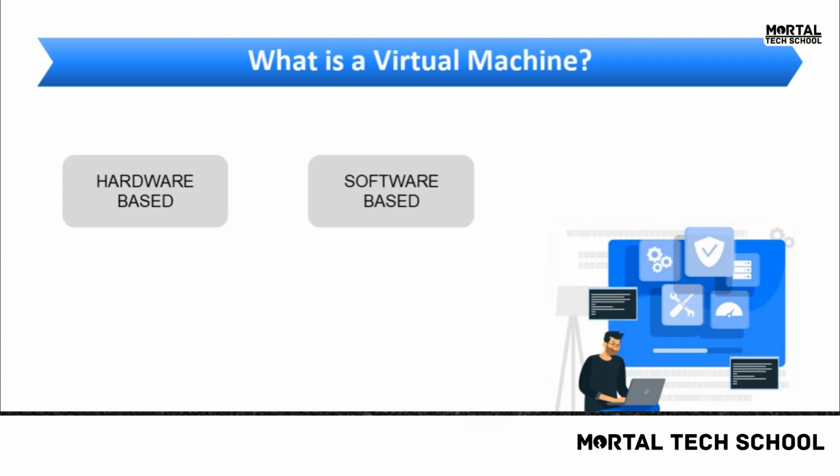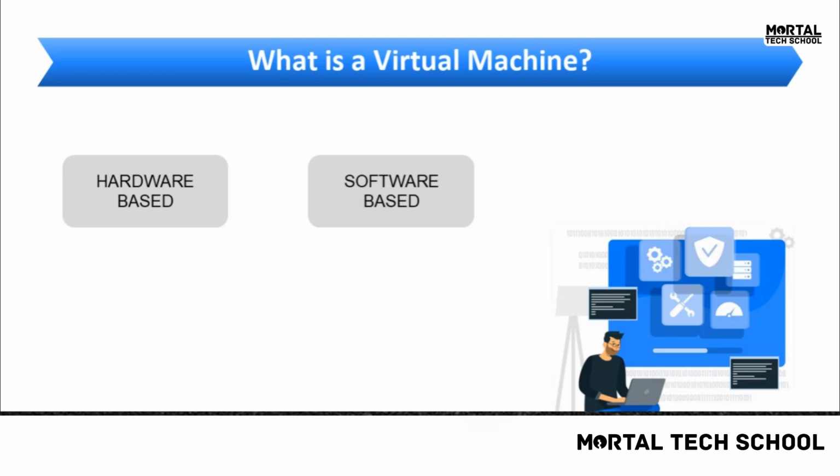Most of the time, these types of virtual machines are associated with the admin role, like system admin or server admin. Programmers are never associated with hardware-based virtual machines. Some examples of hardware-based virtual machines are KVM, that is the Kernel-based VM for Linux systems, VMware, Xen, cloud computing, VirtualBox,